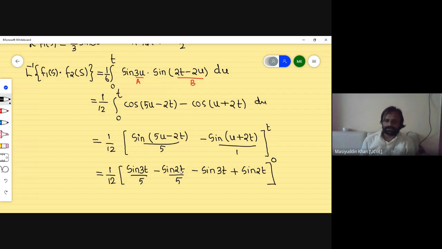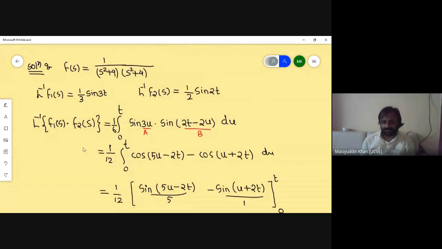If you want, you can adjust these two terms by one, so we can take this part as minus 5 sine 3t plus sine 3t divided by 5. And similarly, we can adjust all the terms if required, because this is 5, this is 5, so we can sort out these things. So this is the first part I'm considering. I'm solving your doubt here, so let's verify.